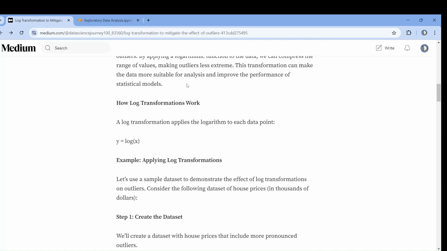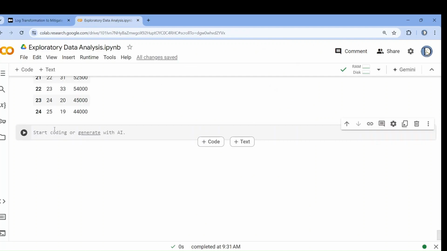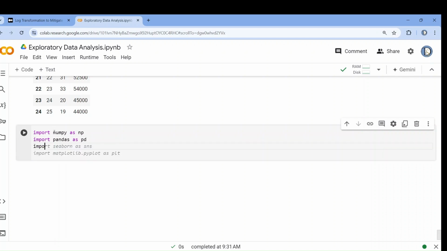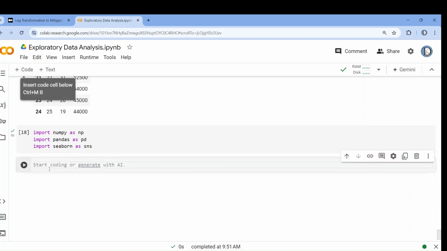Okay, now first let me create a dataset for you. Import numpy as np, import pandas as pd, import seaborn as sns. Let me run this. Okay, now I will create a dataset. So write data8 equals to,